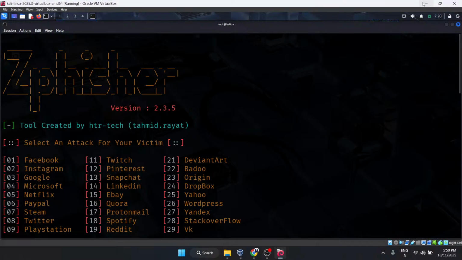Where can I buy this tool? This is free of cost. Zphisher is a free tool, and you can find it on GitHub. Again, I'm telling you guys, do not use this tool for any malicious purposes. If you use this tool for malicious purposes, then you are counted as an unethical hacker.